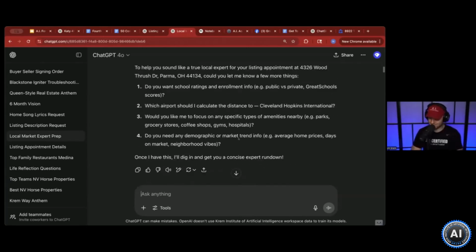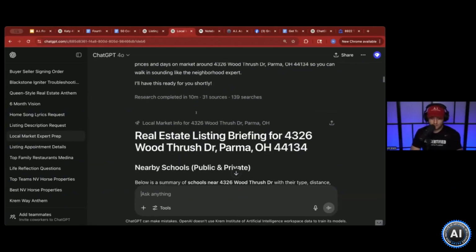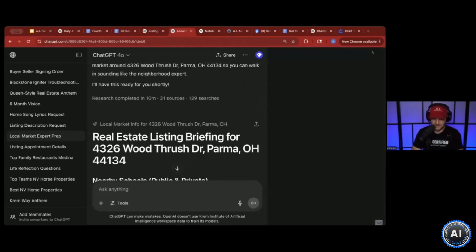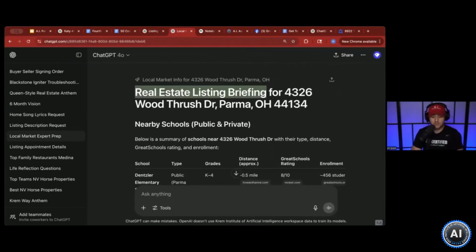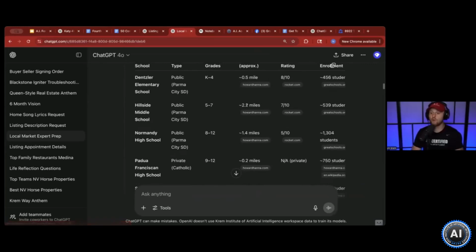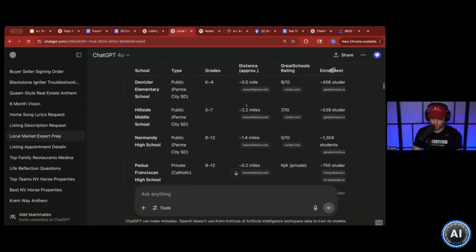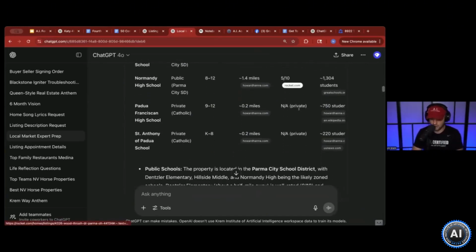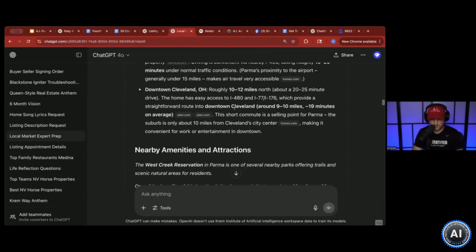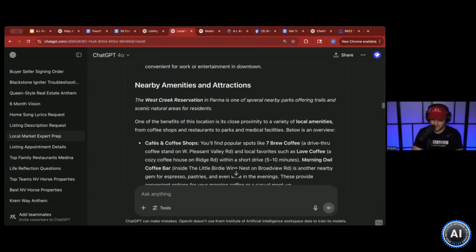So here we go. This is what it cooked up for me. You will see it took 10 minutes, went through all 31 resources, and has 139 searches. Real estate briefing for 4326 Wood Thrush Drive, Parma, Ohio. And it'll give you a full breakdown of schools, how far they are, and school ratings. It will go through drive times to airports, 10 to 12 miles from downtown, nearby amenities and